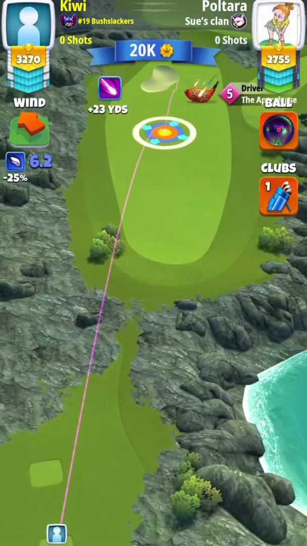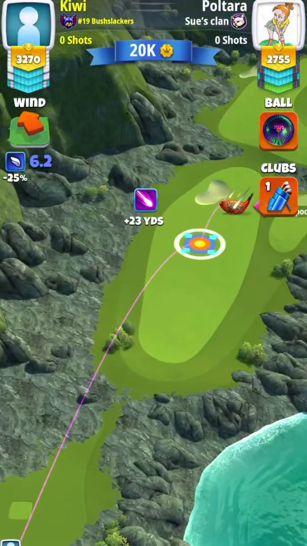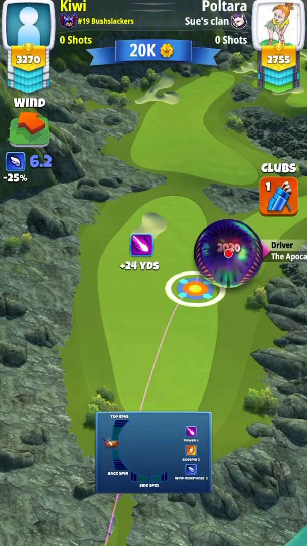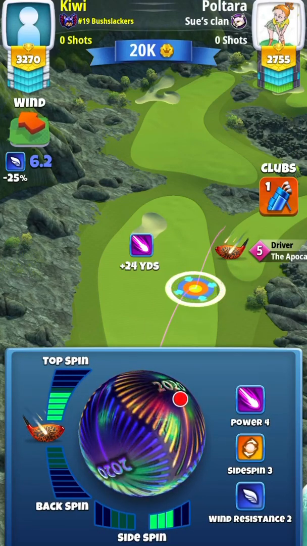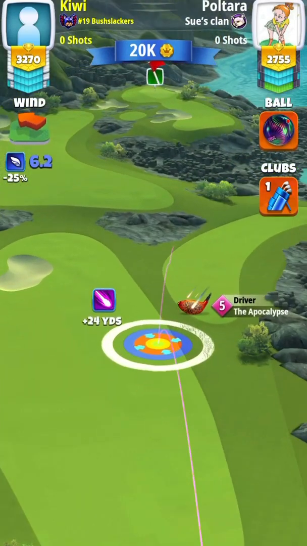If you have a Sniper 9 or 10, you can use a Power 4 ball. You do not need the length for the second shot. If you only have a Sniper 8, use a Berserker for this shot. If you have an Apoc 5, you're going to use max right spin with 5 top spin, and you're going